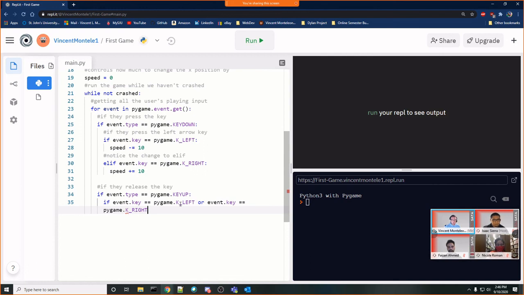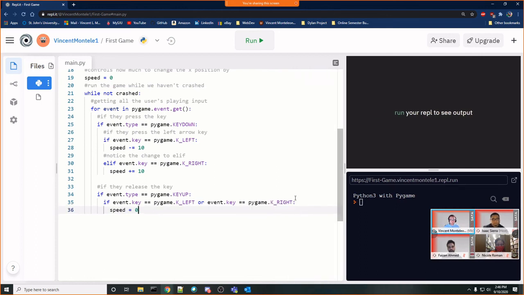If they released the left key, or they released the right key, because we want to account for if they released either key, I'm just going to set my speed equal to 0. I want to stop moving, just like a car. If you let go of the gas, you want to stop moving. That's exactly what we're doing right here.